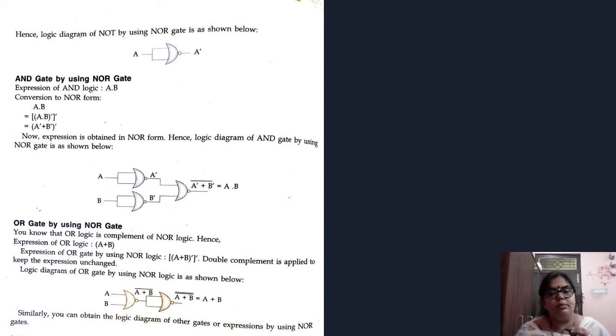And the logic diagram is like this. We have used a NOR gate for making an OR gate, and we have made the logic circuits here. Students, it's a request that all of you copy it down in your registers very neatly.